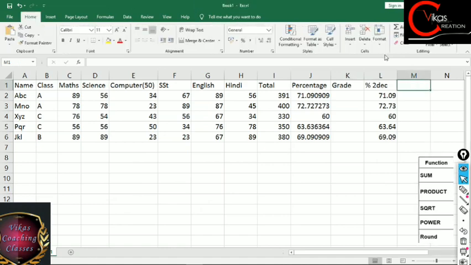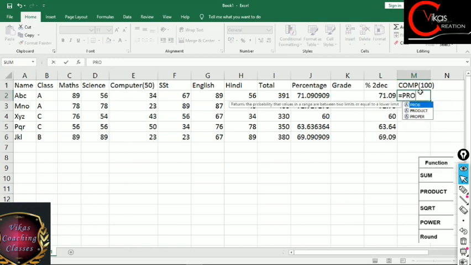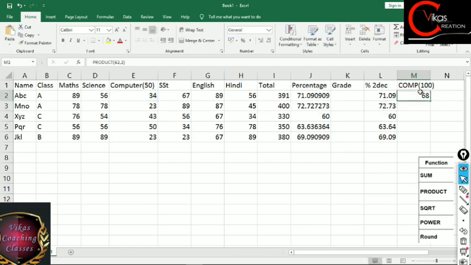So suppose I am writing computer, bracket mein 100, it means we are writing values after 100. So we simply have to write equals to product, bracket open, E2 comma 2, press enter key, and that's it. As you can see, in just a click we have got a value, and then you just have to double click on that little fill handle bar, and then you will get this value. Fine. So like this you can work with these values, or let's suppose we have some random numbers over this side. Suppose you have got some numbers, some difficult numbers like these. Fine.